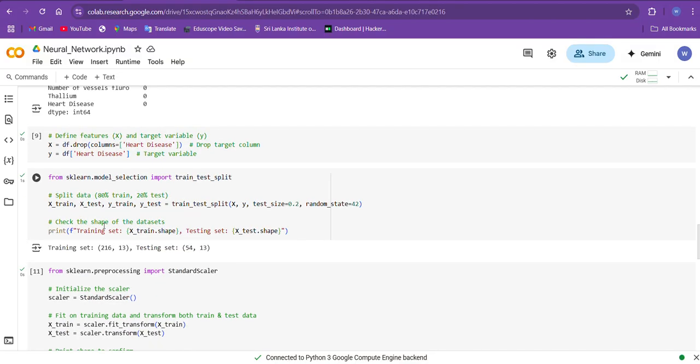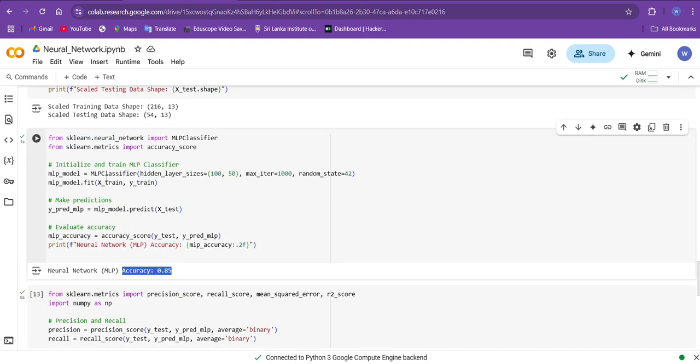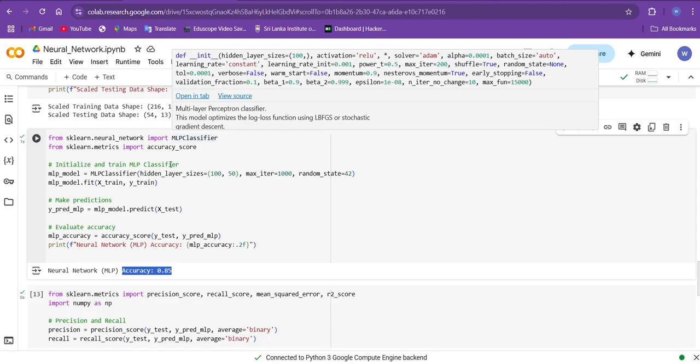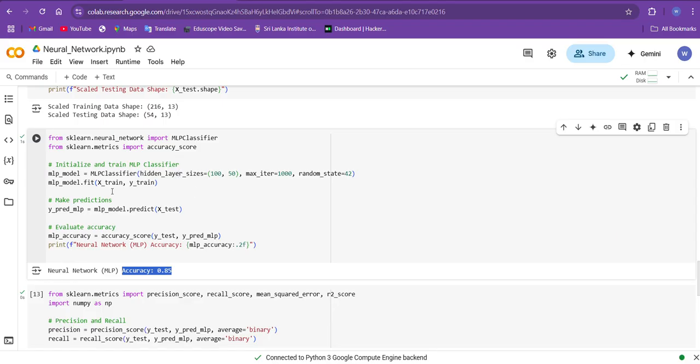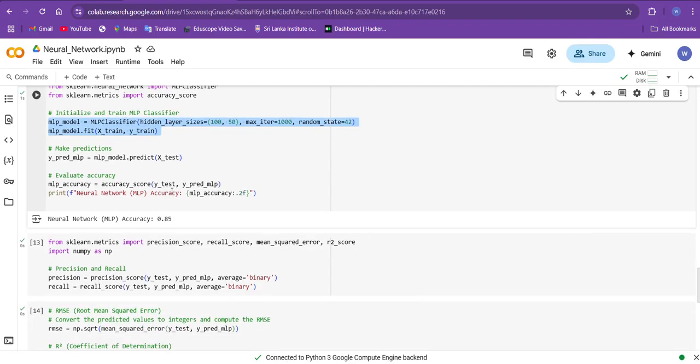There are no missing values. Then again, we are going to split our data set, 80% for the training and 20% for the testing. After that, here I'm going to use the MLP classifier to train the data. Here the training process is happening. After that, when calculating the accuracy, it gives 0.85. Previous one we got